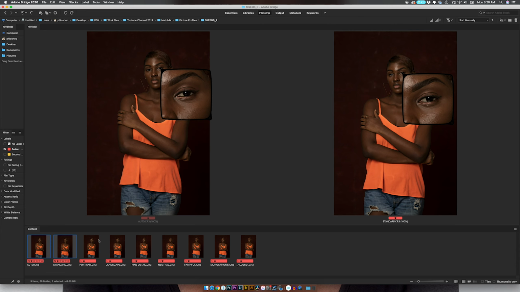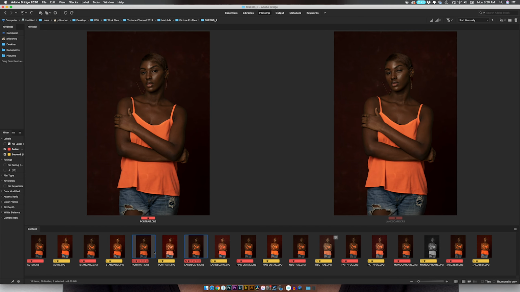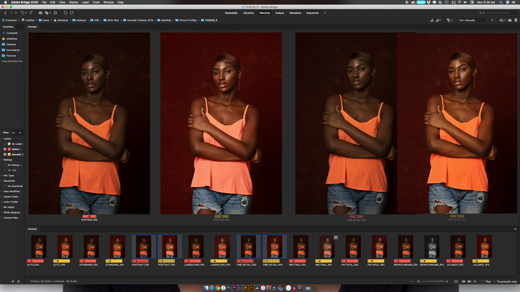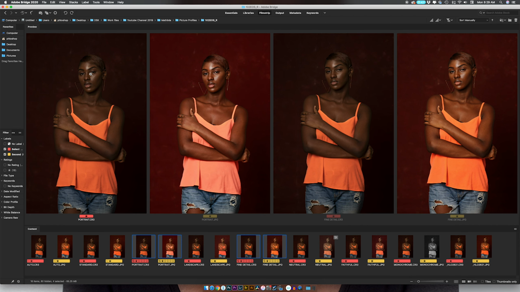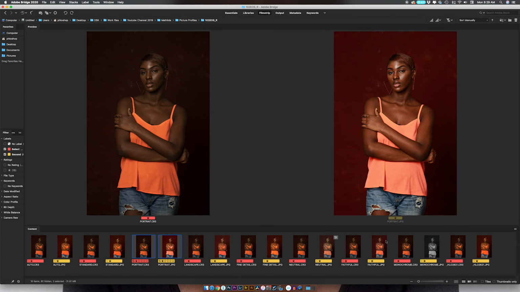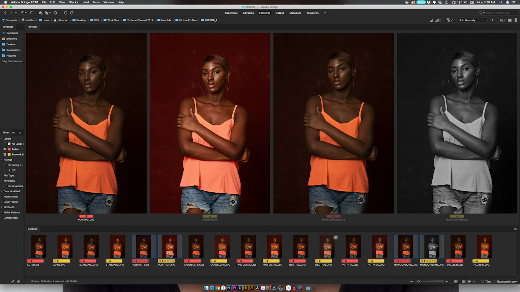So I'm going to look at portrait and landscape, and you can see all the differences that we were seeing initially are not there. So let me just make the JPEGs visible. So portrait, raw, and JPEG, and then I'm going to fine detail, raw, and fine detail JPEG. Now you can see that the raw files look exactly the same, but the JPEGs have a lot of difference. Maybe what is going to make you see the difference a lot more is if I select the portrait raw, portrait JPEG, and go to monochrome raw and monochrome JPEG, you can see that the raw files look exactly the same, but the JPEGs are